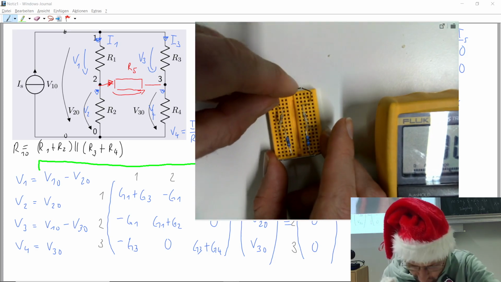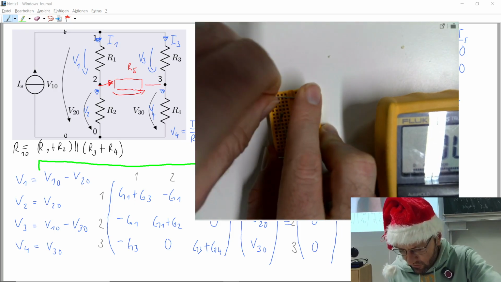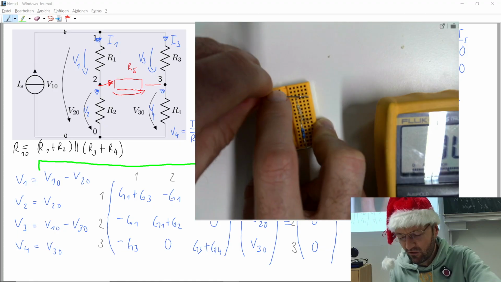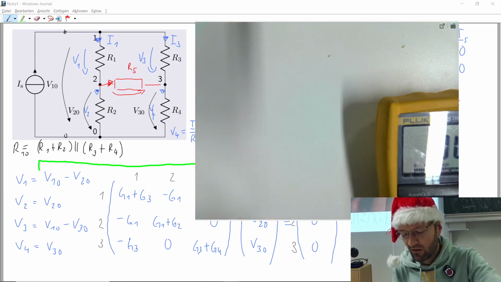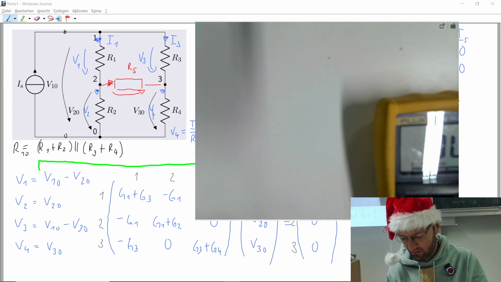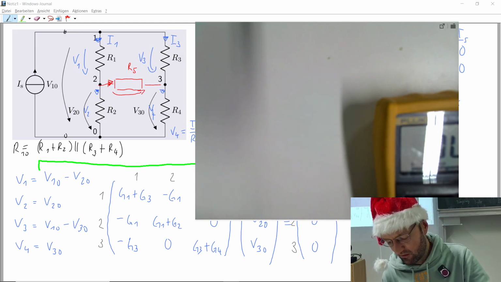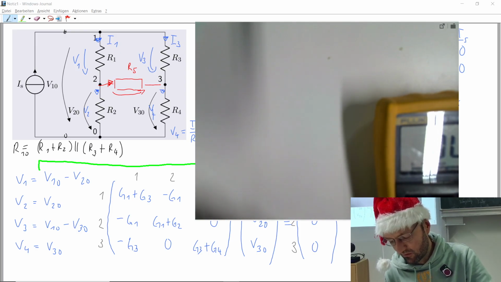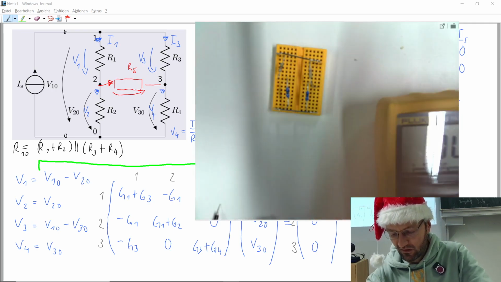And I also need to do this on the other side at the right boxes. Okay, I think last time I used the yellow one. The yellow one is a bit easier to plug in. This one has really tight spring contacts. So there it worked. And let's see if I can also get this on the other side. Okay, so this is the circuit.